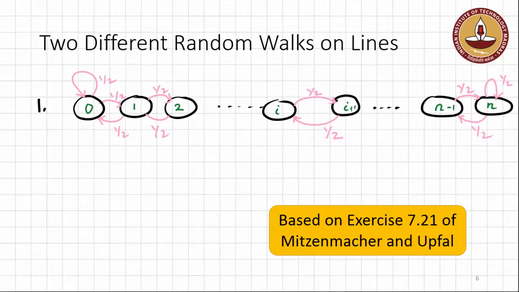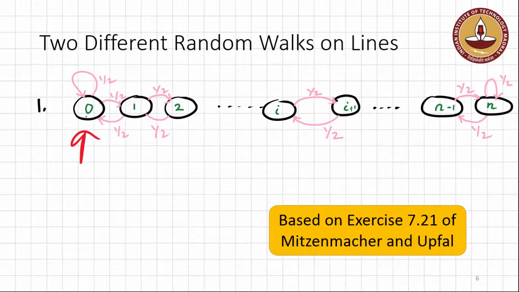So here's one. We have vertices arranged in a linear order, starting from 0 to n. And here are the transitions. With transition probability half, you move forward, and with probability half, you move backwards, except for the two very last vertices, the 0th vertex and the nth vertex, where there's no way to. So, for example, in the 0th vertex, there's no way to go backwards. So we have instead a self loop with transition probability half. So now this is one